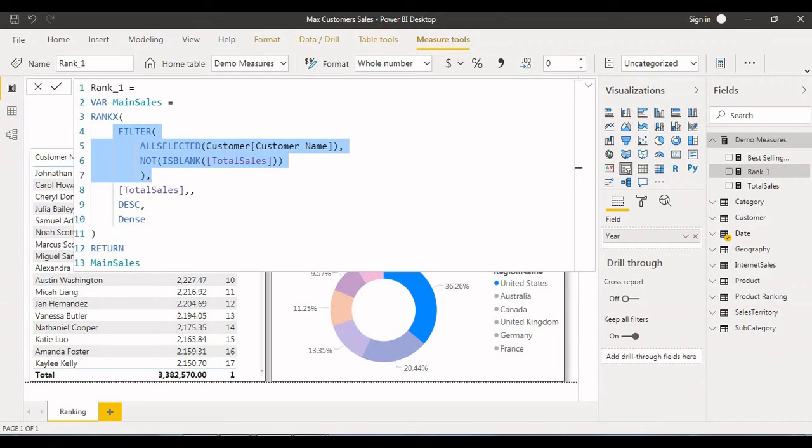Even though they don't have sales, they will appear as the top bottom customer. If you don't want that, we need to filter the data. Only customers having sales should be taken. If a customer did not have sales, we have to ignore them.